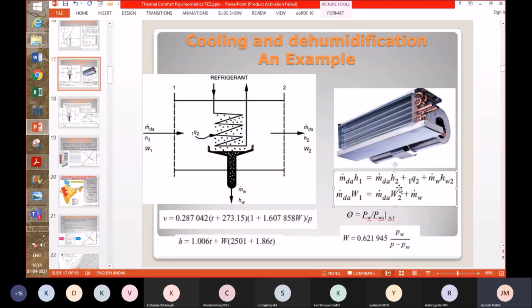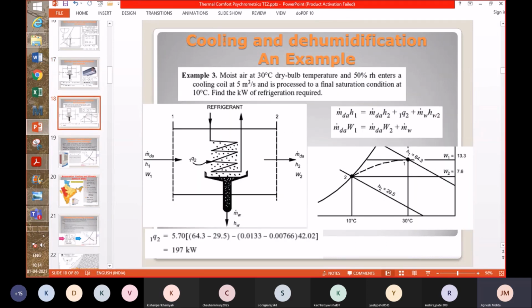So with the help of these balance equations, you should be able to solve the given problem. And there are certain formulas which are already familiar to you now, on how to get the specific volume at a given point. You need to know the temperature and you need to know the humidity ratio. And if relative humidity is given, this is the formula to get the water vapor pressure, and W is the humidity ratio. If you have PW available, then with the help of this formula, you can get the humidity ratio.